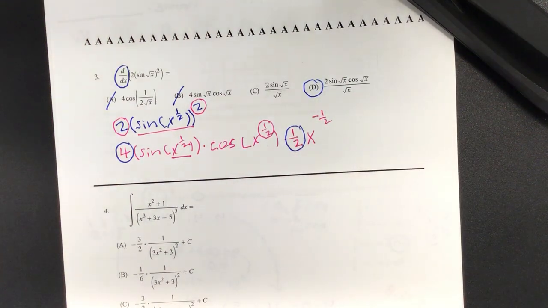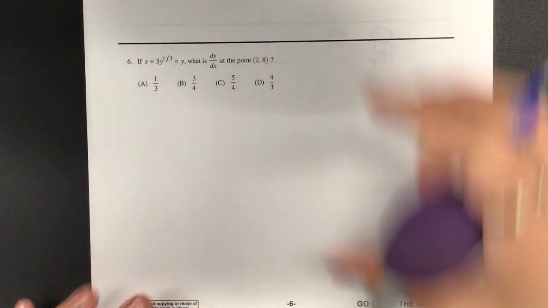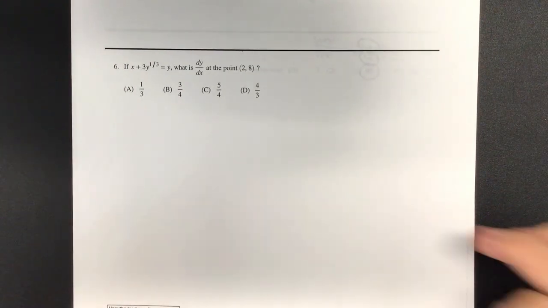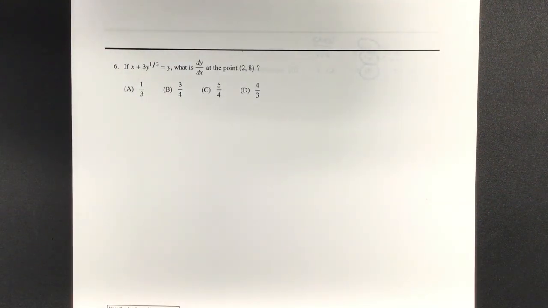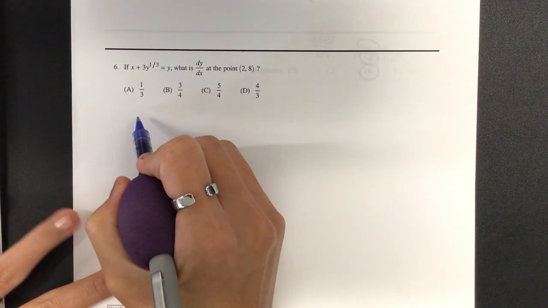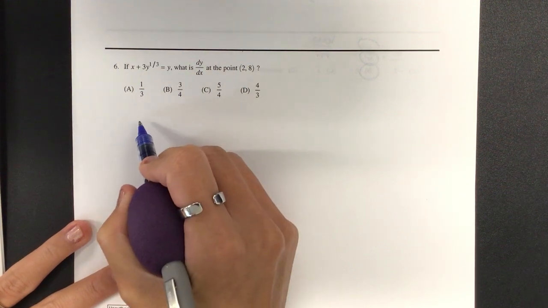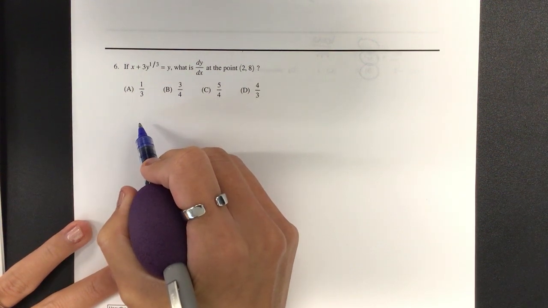Now let's go to number 6 and see if you were paying attention on 2.5a. All right, on number 6, Zach, will you read that out loud, please? If